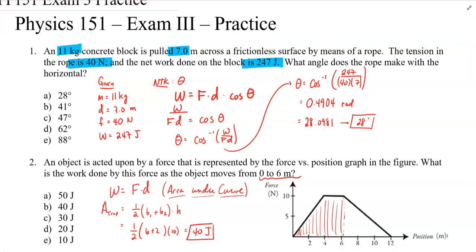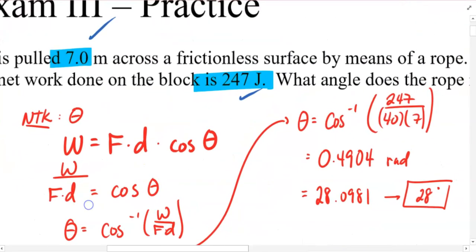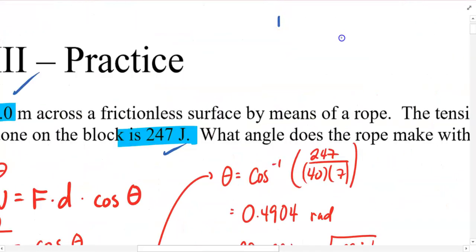So one of the big things that I like to do anytime that I complete a word problem is to write down the given information. So we have mass, distance, force, and work. Now work, remember, is just the measure of energy transferred to or from an object. So in general, we would say that the formula for work is force times distance, but you have to keep in mind too that the distance that you travel has to be in the same direction that the force is